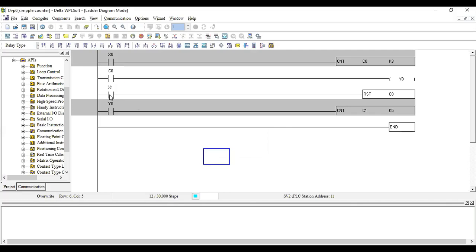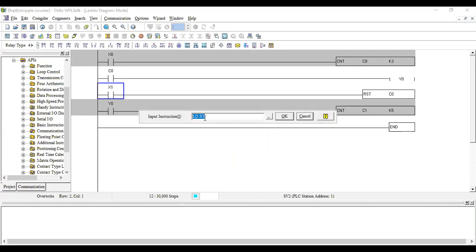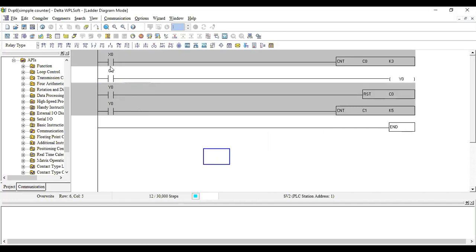I'll give Y0. As per this logic, as soon as you switch on, for each input of H0, it is going to count. Exactly after the third count, your output is going to be enabled. Once your output is enabled, it will reset the counter, and this particular thing will start counting. That's the idea. The second box will start counting. So we'll see the execution of this program.